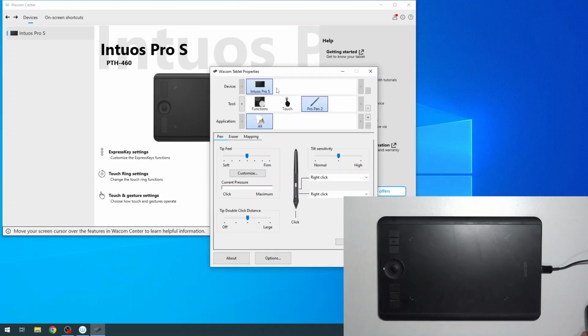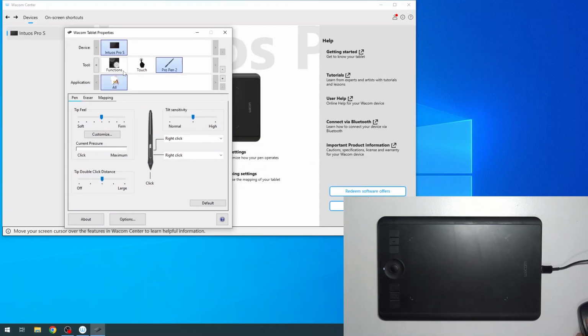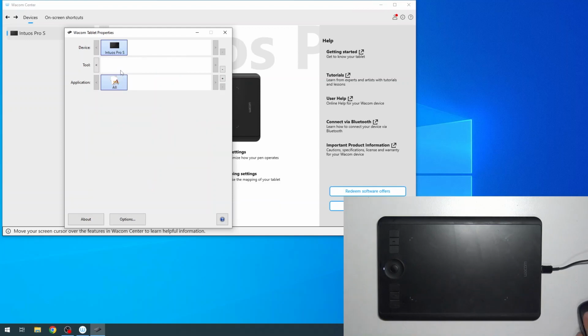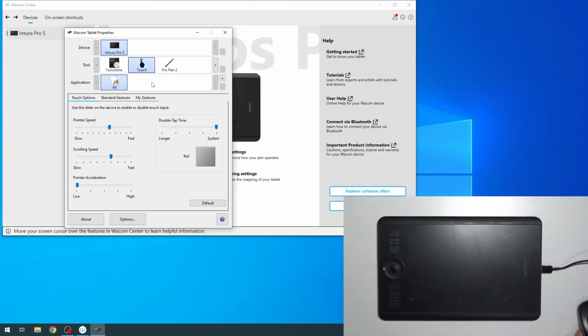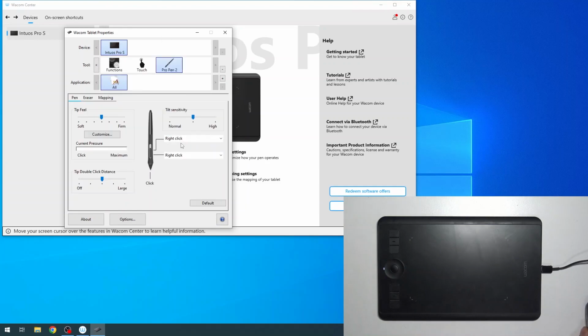pen settings. And here we have all settings of our device, and I suggest use Intuos Pro. Here choose all, and here choose functions, and here click default. Then open touches and click default. Pro Pen, click default. And here, if you see applications, just click on it and click minus to remove it from